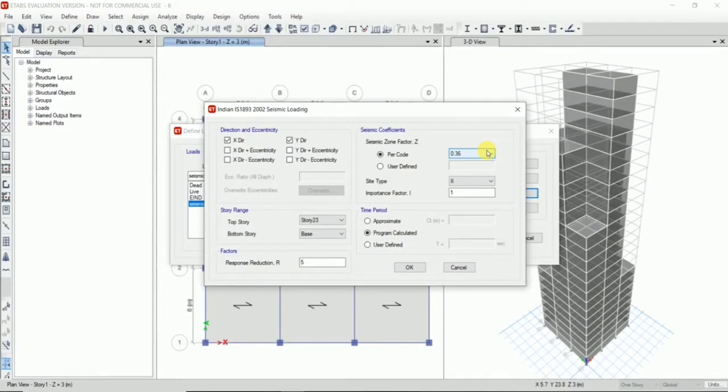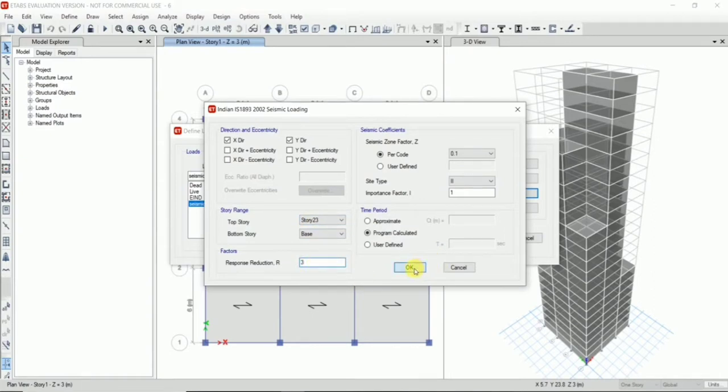Assuming that the construction area has medium soil, we have site type as 2. The importance factor 1.5 is for public buildings and the importance factor 1 is for other buildings. Now we enter the value 3 in the option for response reduction factor.